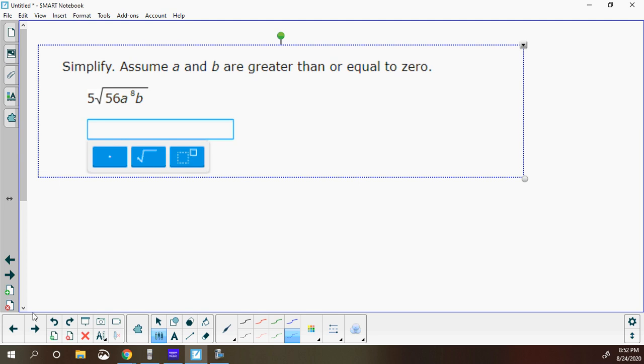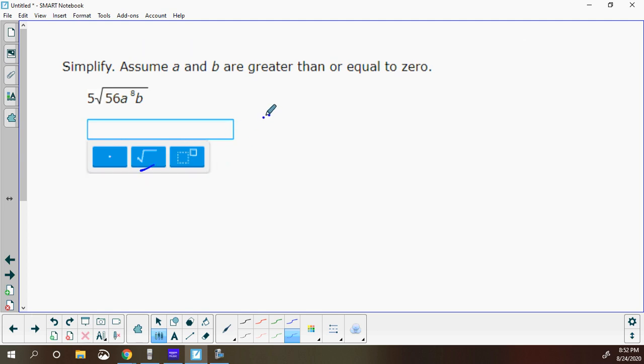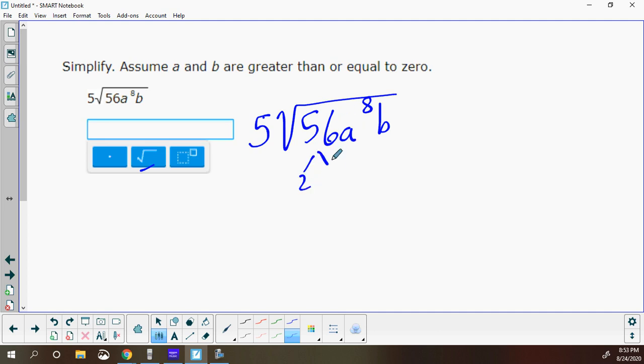All right. 5 roots 56a to the 8th b. So 56, 2 and